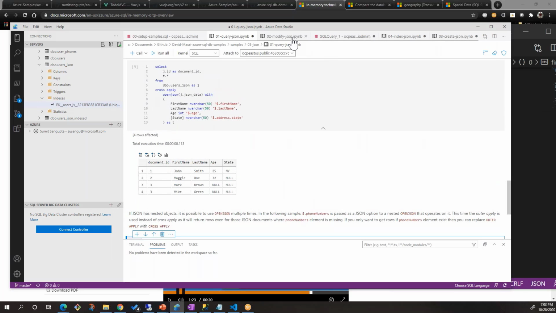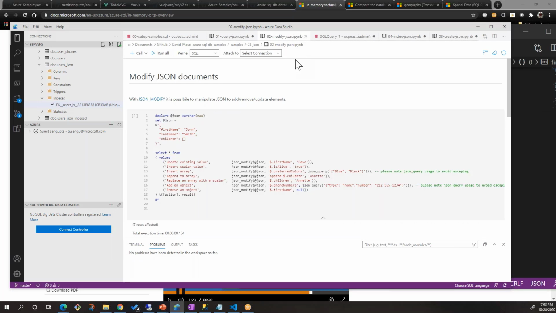The second example I was going to show is how we can modify the JSONs. There is a function called JSON_MODIFY. It's possible to manipulate JSON to add, remove, and update individual elements. So you've got the whole structure, and you can update any individual element like that. Over here, what we're doing is John Smith children.